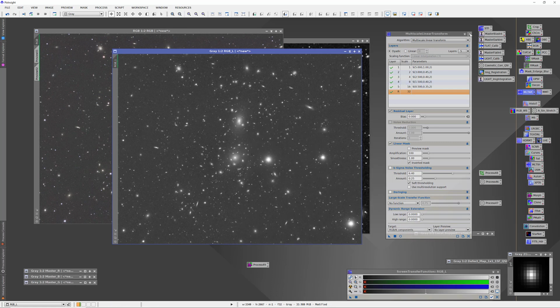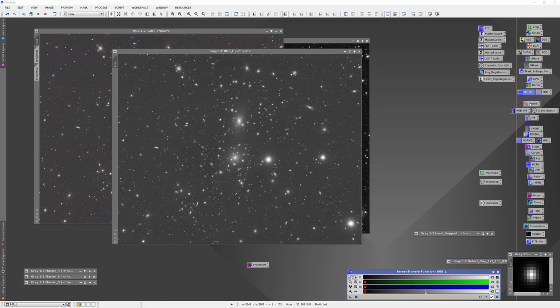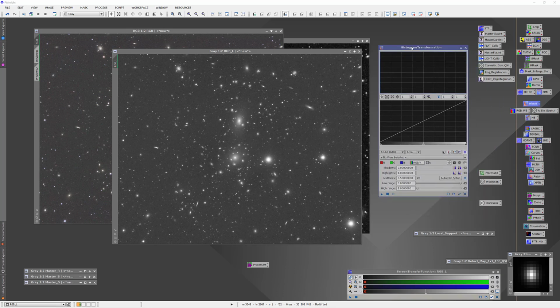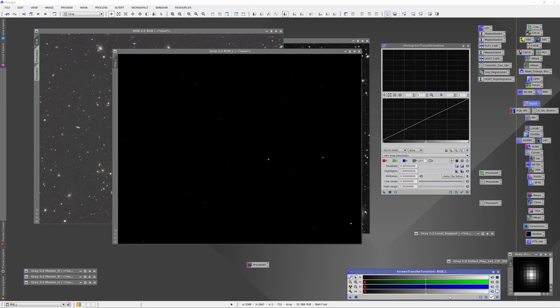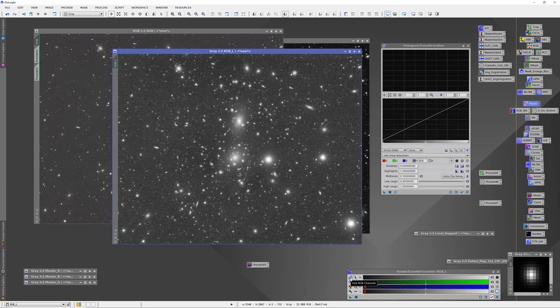And now it is just a matter of taste, how much you want to stretch the luminance. The more you stretch, the more faintness of the galaxy glow, if you will, comes out, but you sacrifice introducing noise and also amplifying other minor imperfections in the background, etc. So it's a good balance. You have to find that right balance. So we're going to use a combination of screen transfer function and histogram transformation to do that permanent stretch on the luminance. I just took the screen transfer function, linked or unlinked, it doesn't matter since this is black and white,